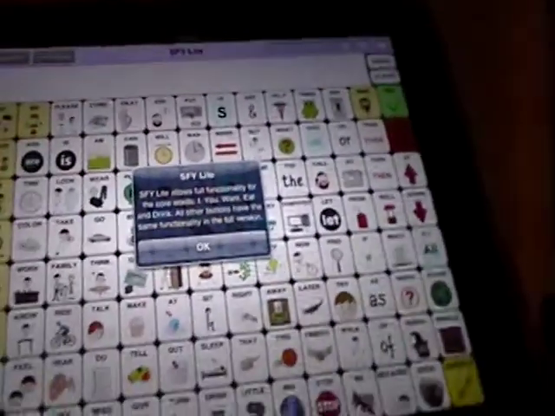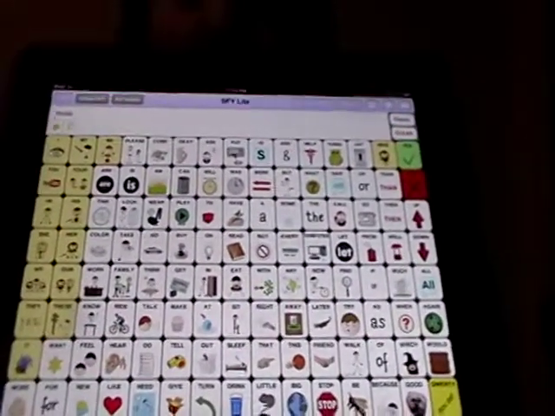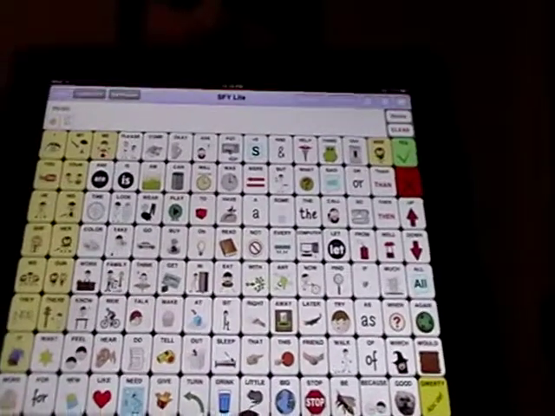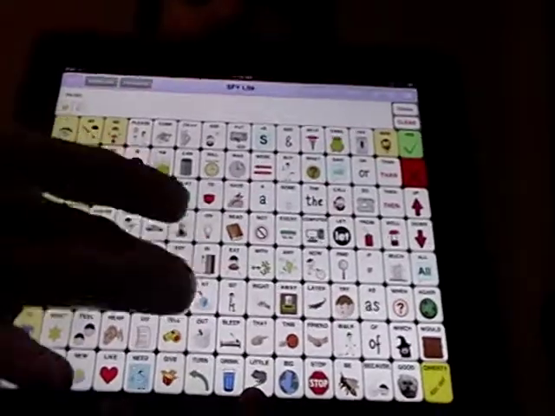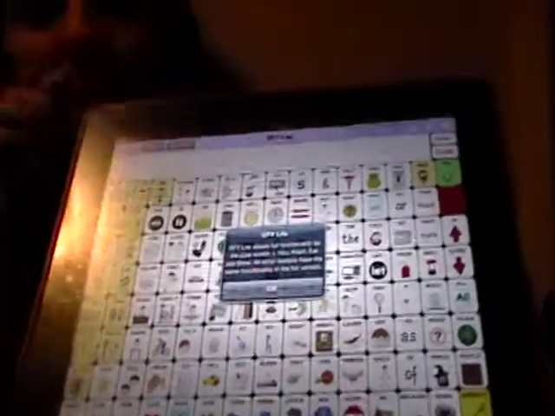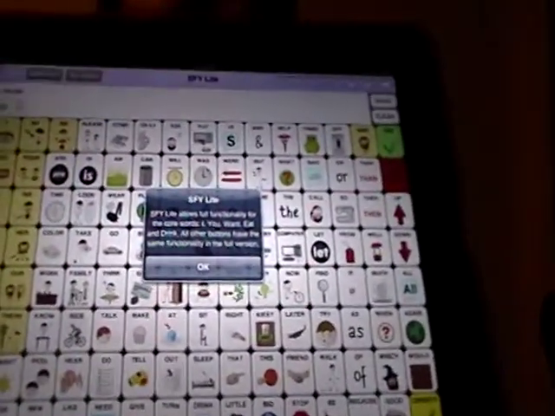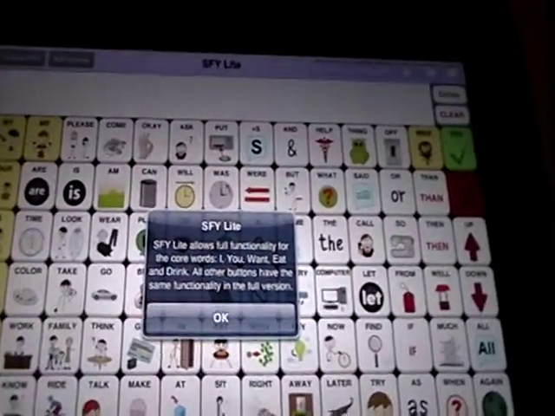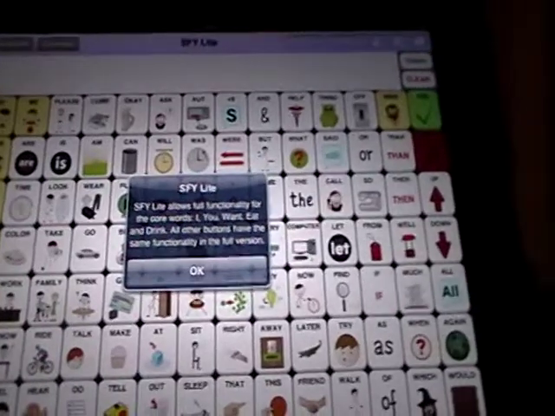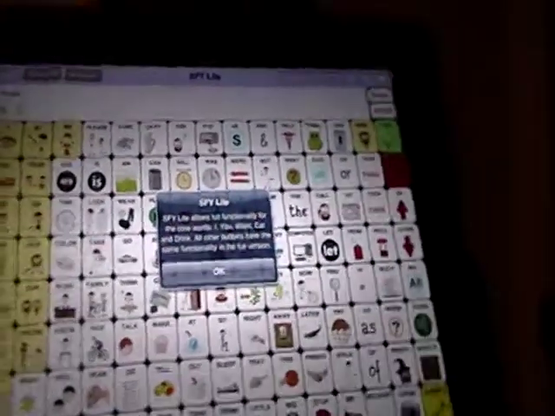So just to let you know that that's what's going to happen. That's what that means, that it's just not in there. The ones when you first download the light version, those 5 buttons that are open at that point are fully functional, and it will remind you if you hit something that's not. It will tell you which of the words you would need to go under if you want to actually be able to use the app in the way that it's